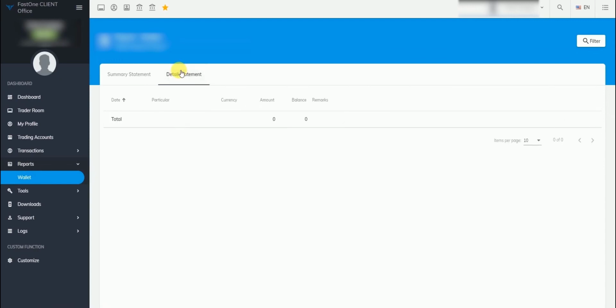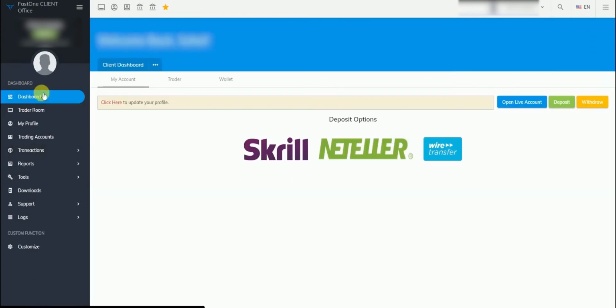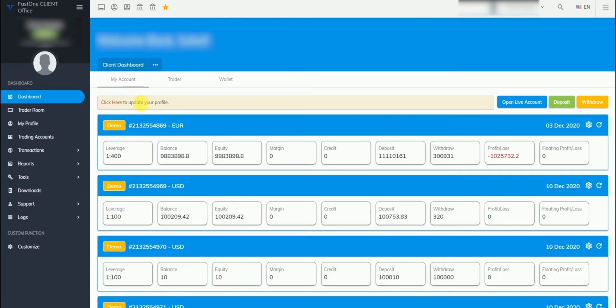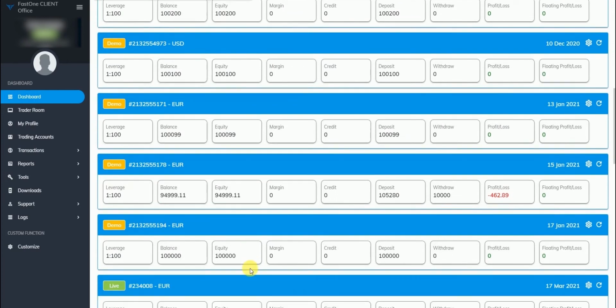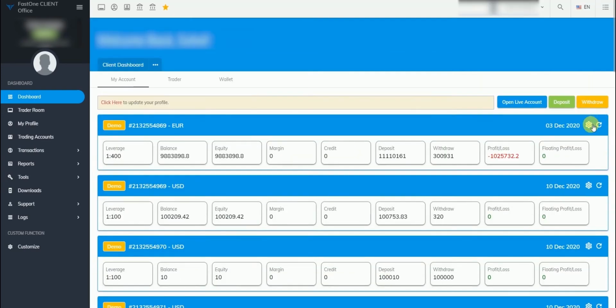of the currencies easily. Now, let us quickly run through the interactive multi-purpose smart dashboard, which is divided into three segments. First is My Account that lets you use shortcut to open live account, deposit and withdrawal. Also, it shows the list of demo and live accounts reflecting current balance and trading position. Furthermore, you have the facility to change master or investor password from here.